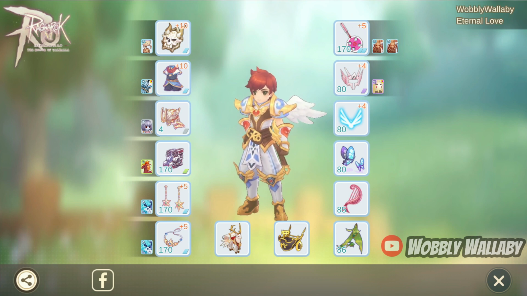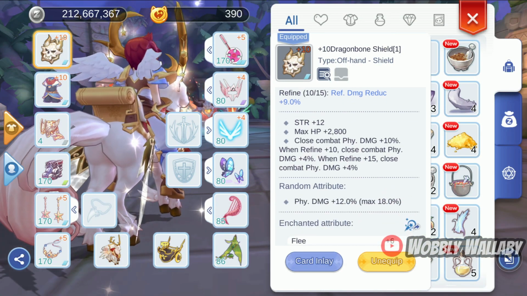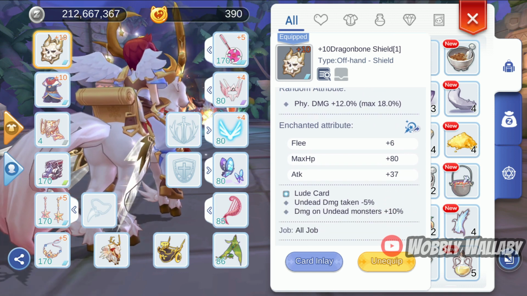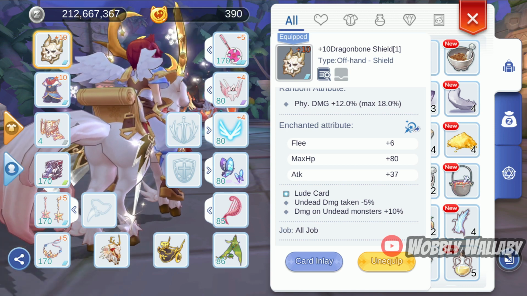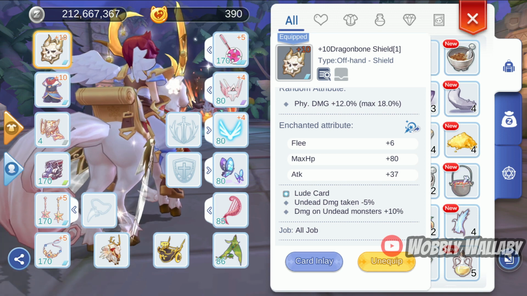I restricted myself to have no event exclusive gears or cards, no gachas, no mini or MVP cards, and refined levels can all be safe refined. For offhand, I use the plus 10 Dragon Bone Shield. I have the physical damage % increase random attribute. For cards, I use the Lewd card to deal extra damage to my target. There's no good early game card that is generic, so you'll need to use one that targets specific races or